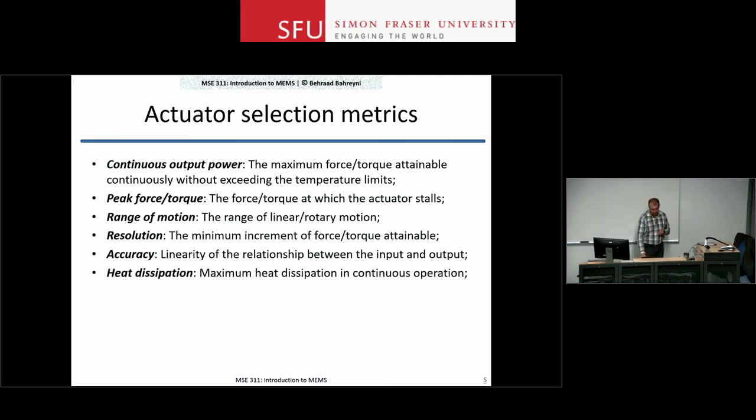Something like that, right? Heat dissipation is an issue, especially if an actuator is continuously operating, you're switching the mirrors back and forth, or you're using a thermal actuator to move something. So you have to make sure that you're not raising the temperature of the system. For actuators, speed is also important, right? So sometimes you need the